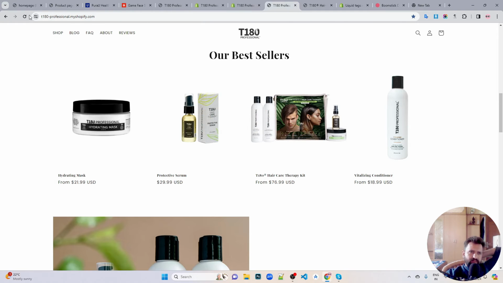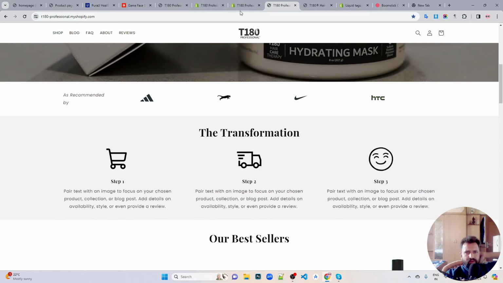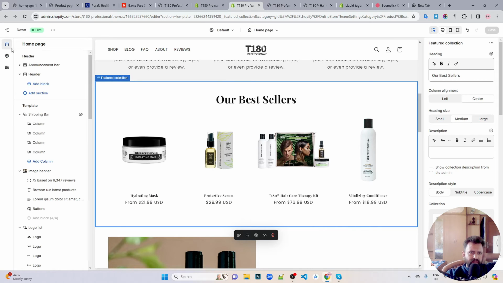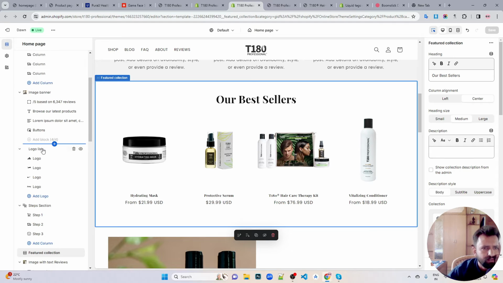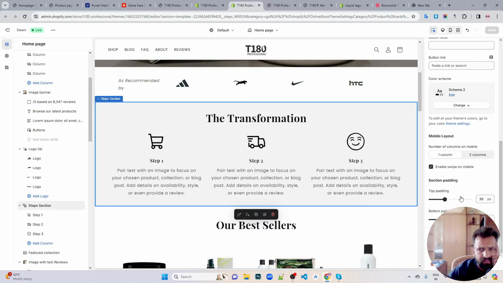Now everything is looking better than before. The transformation thing, I think I need a little bit of gap, this transformation thing. So in steps